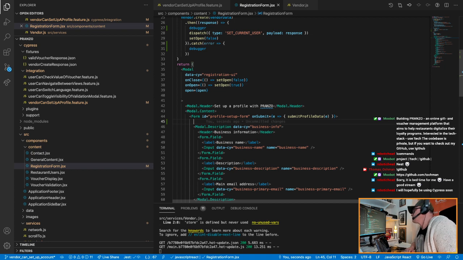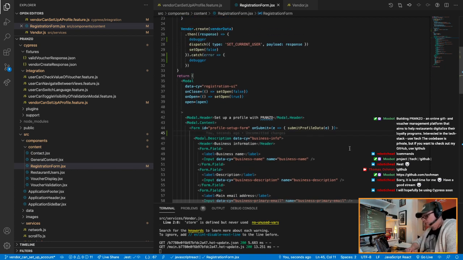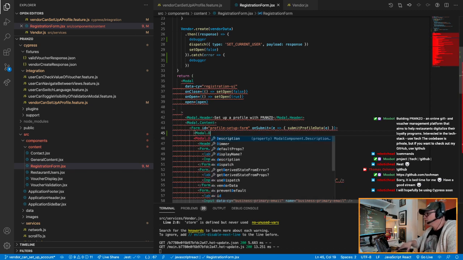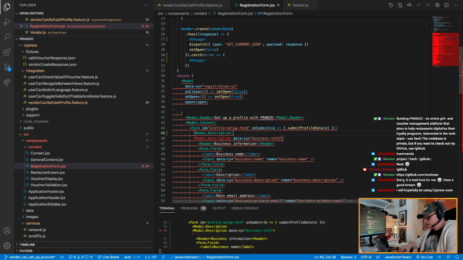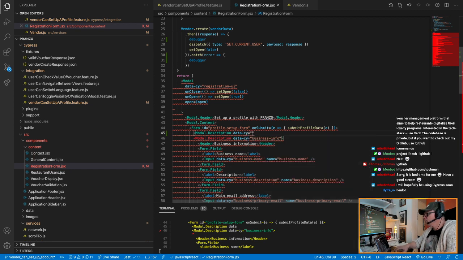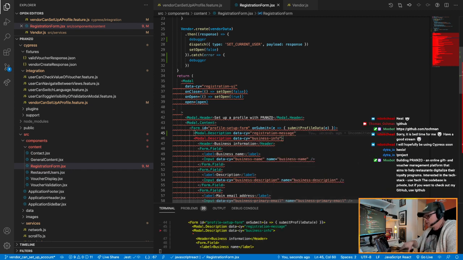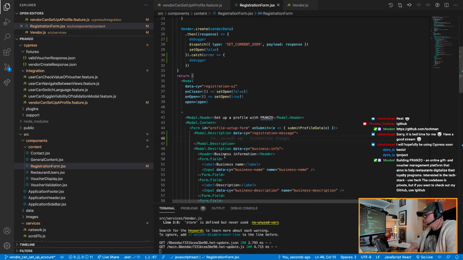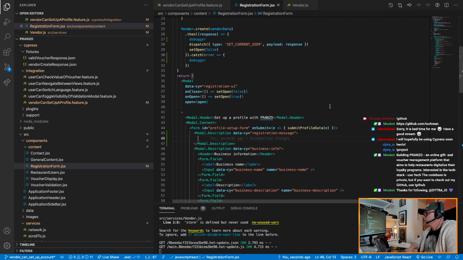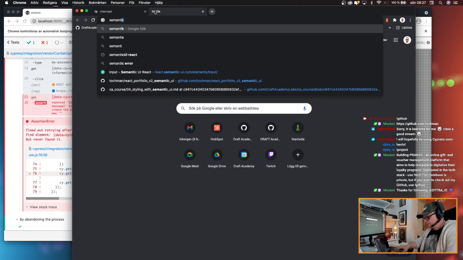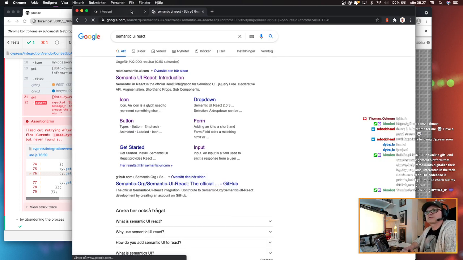Right, so yeah, we're just gonna do model description, data cy equals registration message, right? And then we can just set something, right? We can take a look at the semantic UI React for some good